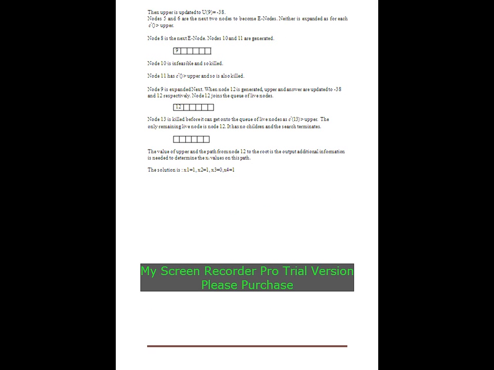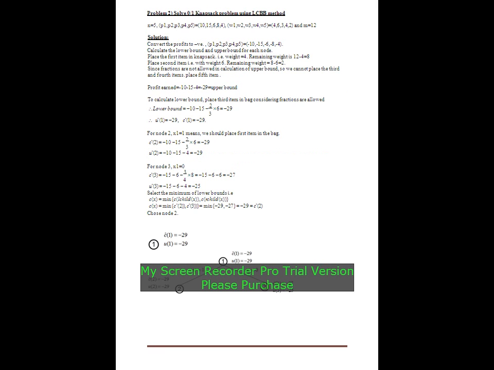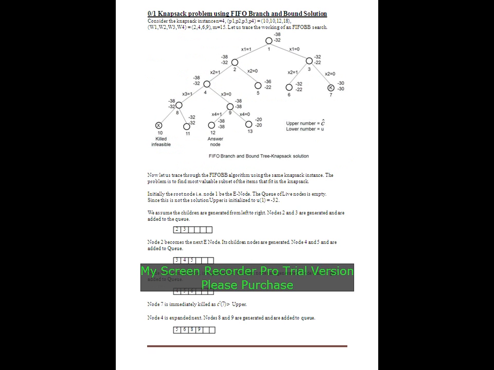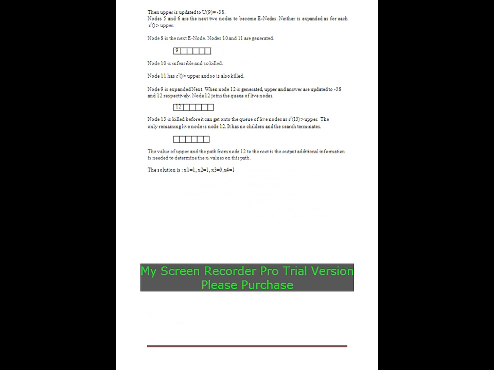And next, coming to 9. The children of 9 are 12 and 13. So the upper bound for 12 is minus 38. This exists. And next, coming to 13. After crossing 9 we are inserting 12 and 13 in the queue, but 12 can exist while 13 cannot exist, because that is already